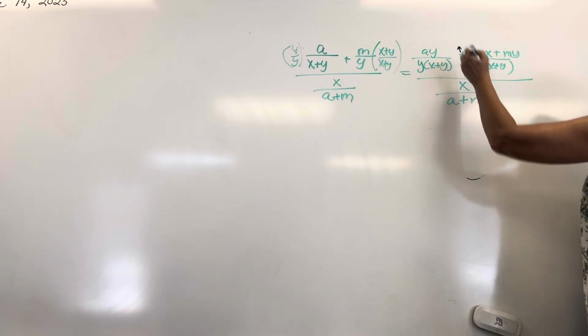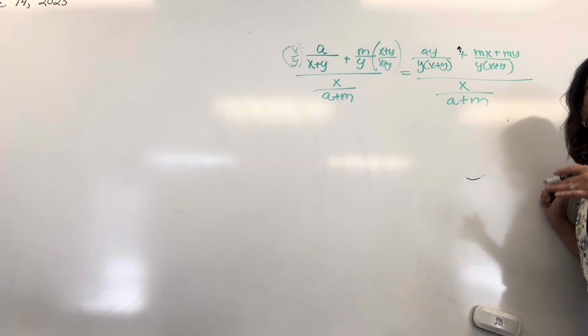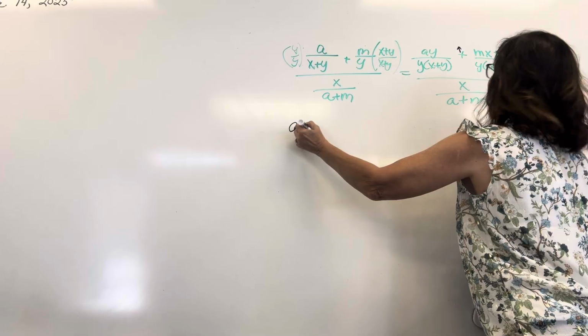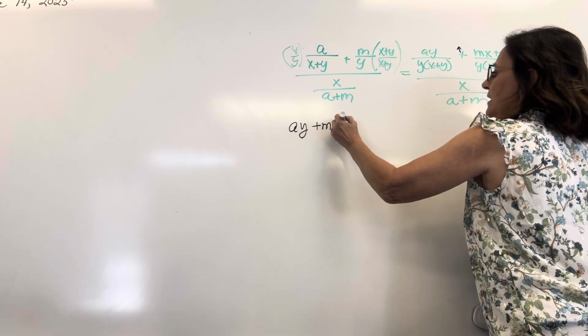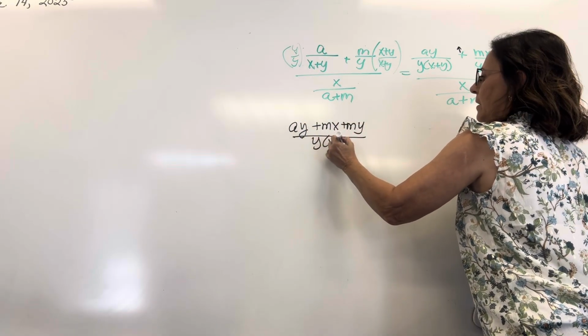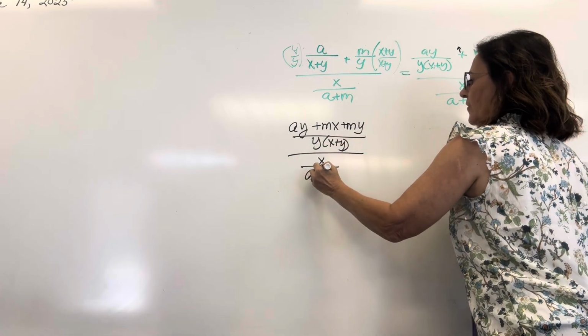So the sign, when it's positive, it's easy. When it's negative, it has to be distributed to every term in the second term. So I end up with ay plus mx plus my over y times x plus y over x over a